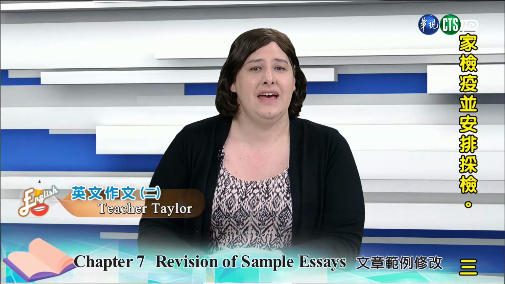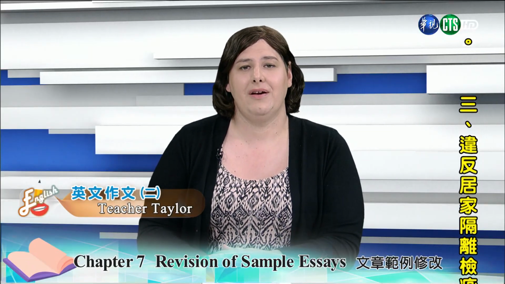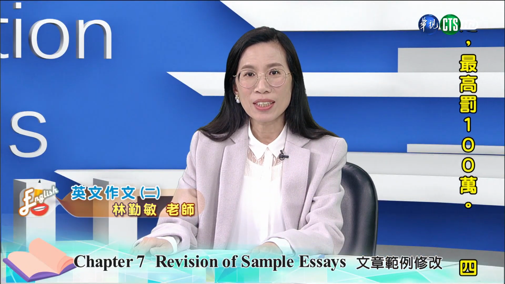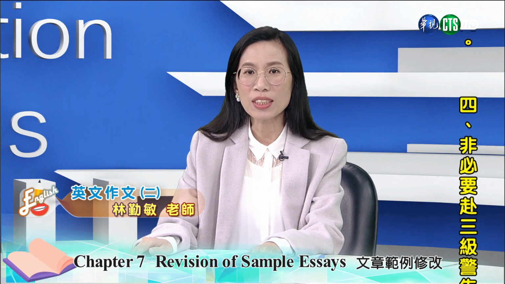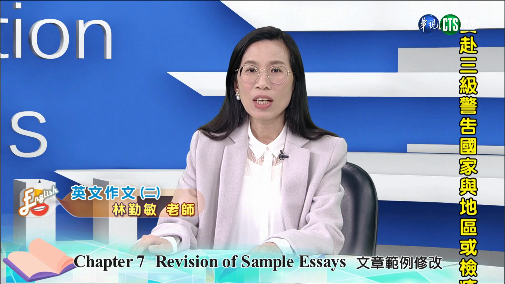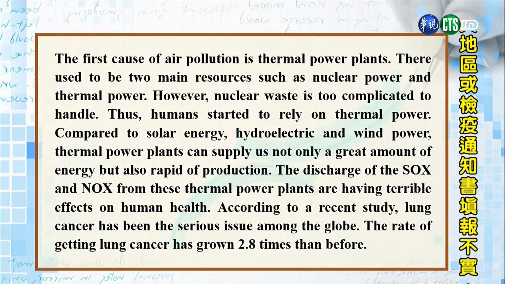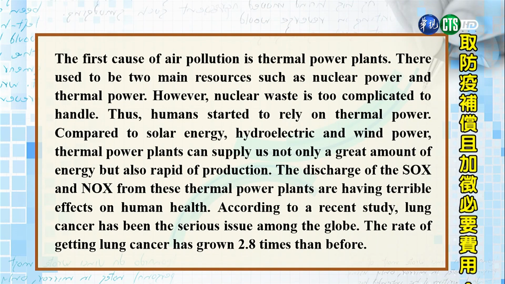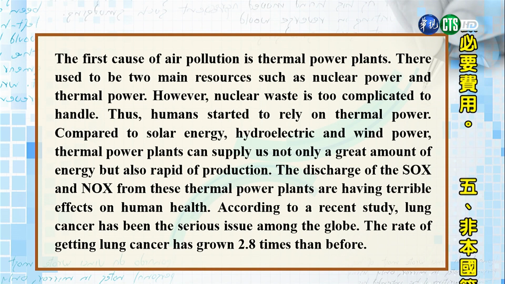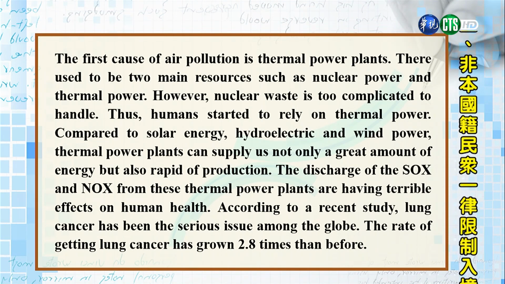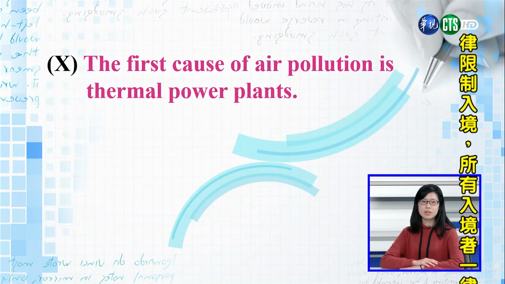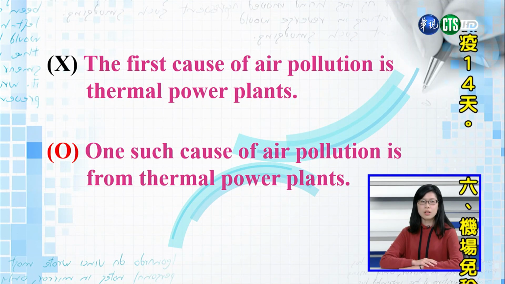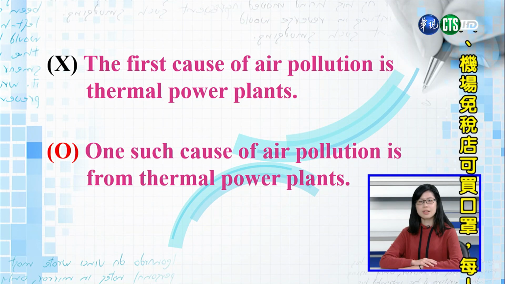Then we have the writer's opinion, and it could also function as the hook. Let's move on to the second paragraph. 作者的意见可以写在这个地方，它也可以当做是吸引读者继续往下读的楔子。让我们继续往下读第2段。The sentence would better read, one such cause of air pollution is from thermal power plants. 第2段的第1句应该可以改写成火力发电厂是造成空气污染的原因之一。